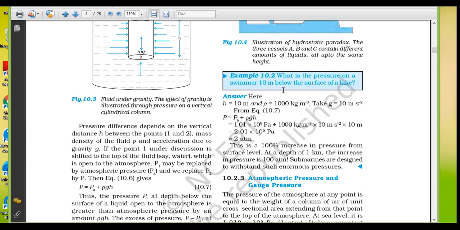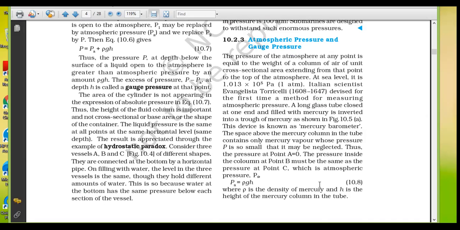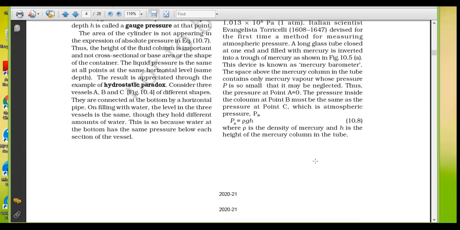Pressure on a swimmer 10 meters below the surface of a lake, which means you should be using rho g h, right? Density of water, g is gravity, h is given. Atmospheric pressure and gauge pressure, we talked about it. That's surprising. I thought it was not there in the textbook, but it is there. So maybe